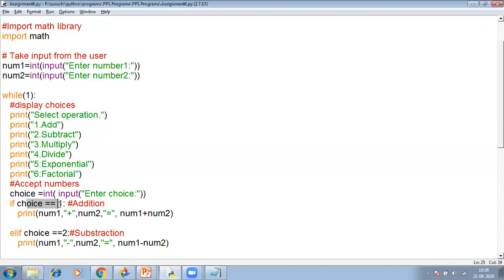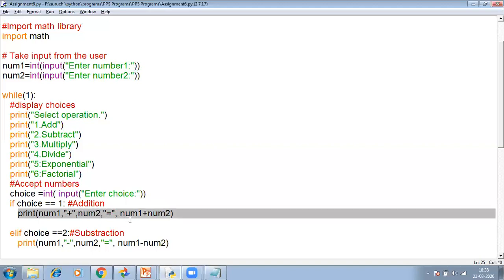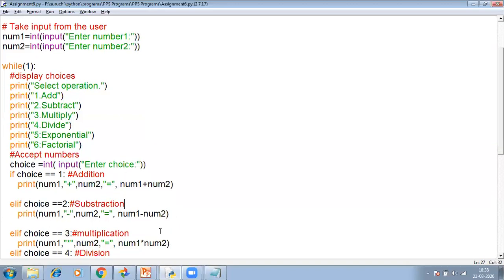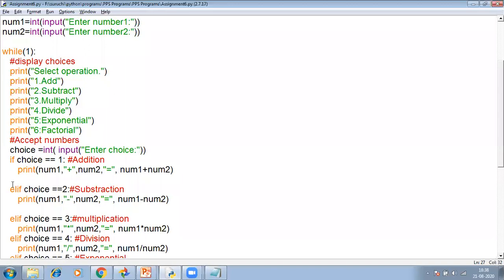So if choice is 1, we must perform addition. So number 1 plus number 2. And you may have a print statement stating number 1 plus number 2 is equal to the answer of the addition. In Python, we also have an else if statement.